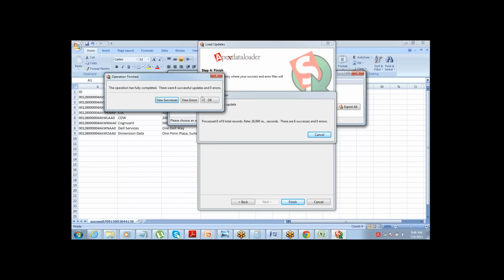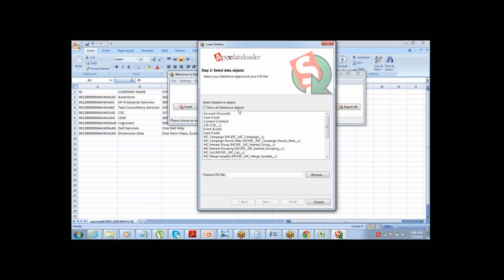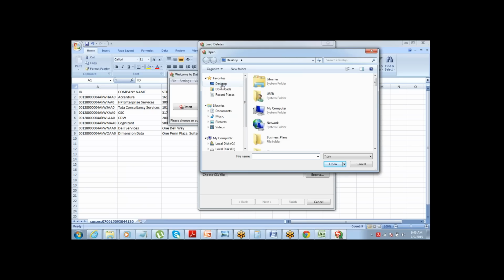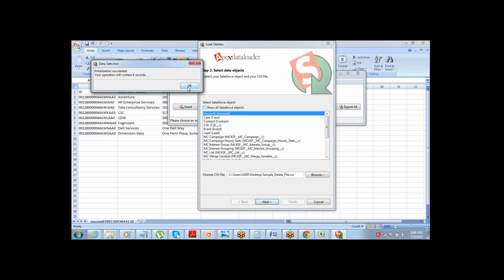Now all you need to do is, on data loader, click on delete, accounts, and browse the file which needs to be deleted. Sample delete file, select it, go to next.